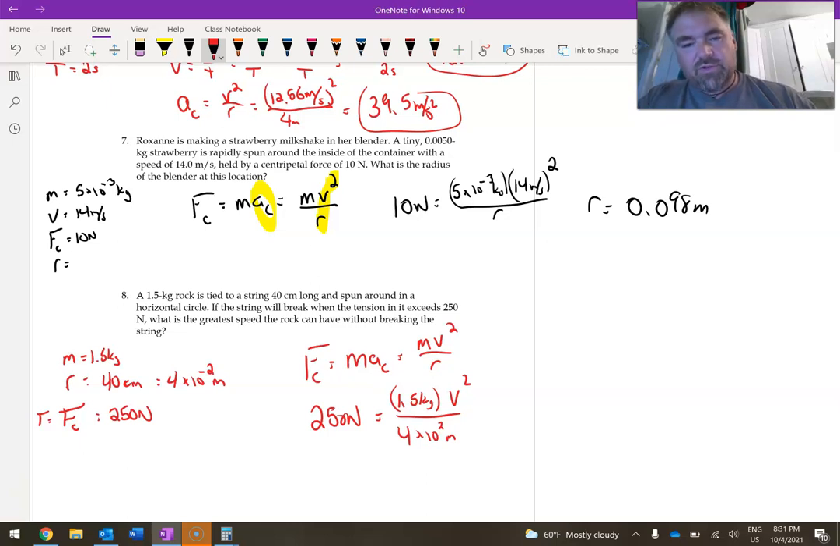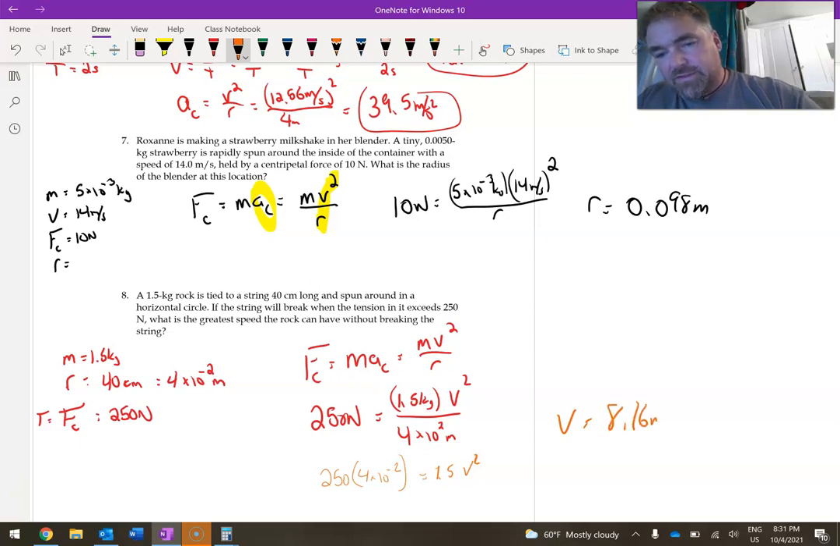So now when I cross multiply this, you know what, for kicks and giggles, let's draw this one out. So cross multiply, you get 250 times 4 times 10 to the negative second, and that's going to be equal to 1.5 times v squared. So I'm going to get 250 times 4 times 10 to the negative second, and then divide that by 1.5. But then I have to take the square root. And when I do that, I find that my maximum speed is going to be 8.16